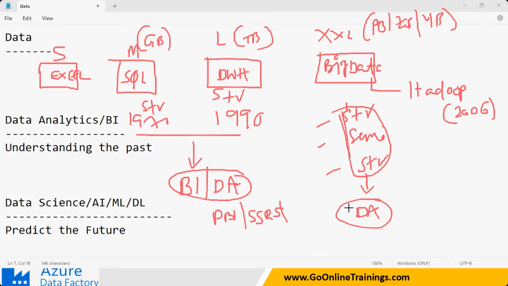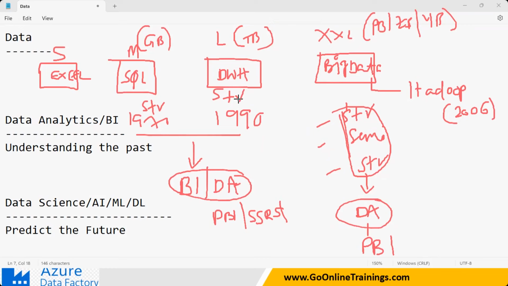But if you take unstructured data, semi-structured data, and structured data, and analyze with the help of Power BI or any other reporting tool, this process is simply called data analytics. We don't call this business intelligence. Business intelligence means analyzing structured data. When you have semi-structured and unstructured data and create a lot of reports on it, it is simply known as data analytics.